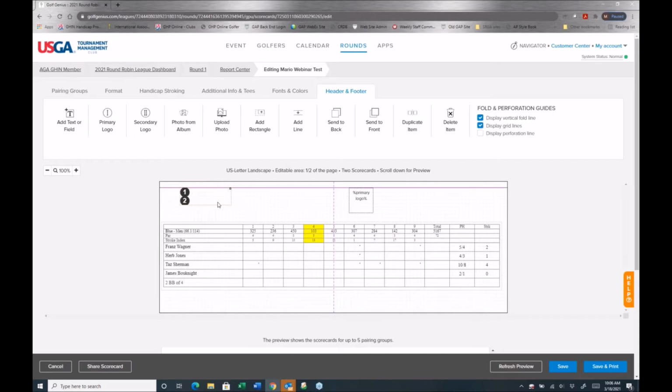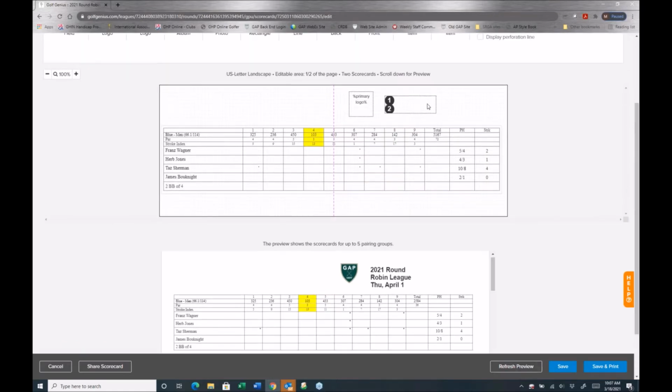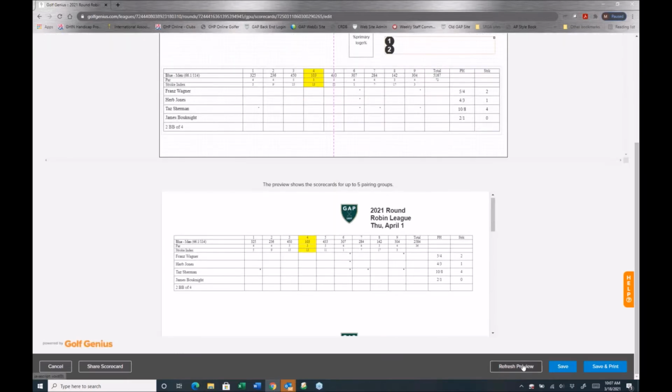And what this does is this puts it in here. You'll see this 1 and 2 at the top. I can then take this and drag this wherever I want to. Say I want to put it right here. And look again how the refresh is beneficial here for me, because I did not make this a bigger text field. I just kept the line there. You see round robin league kind of got cut off a little bit there. I'd like that all to be together. So I can go to the top here and simply drag this out further to make sure that that text fits. And now if I refresh the preview, we'll see